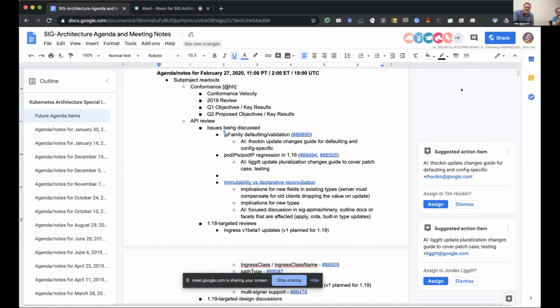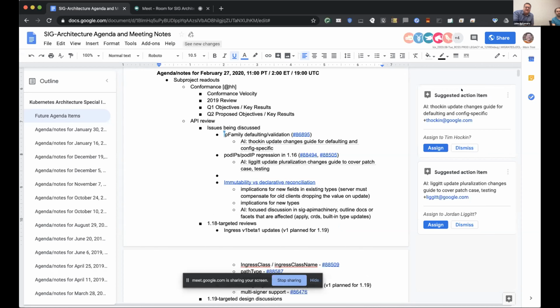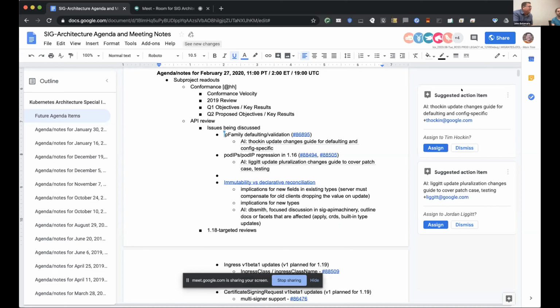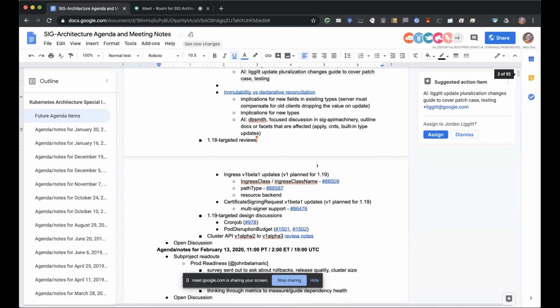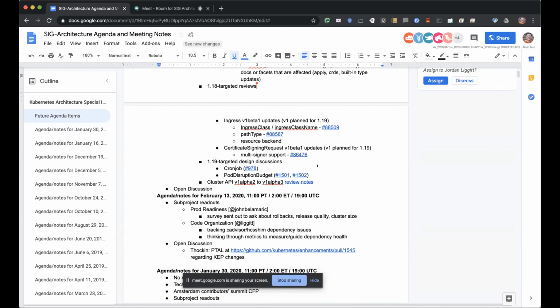So, okay, wow. Do we capture all those? And then Jordan, you're still up here. You've got some more on your agenda, it looks like. Yeah, the next section was specific reviews that are targeting 1.18. There are 2 APIs that are making progress in this release, and the plan is for them to be ready to promote to v1 in 1.19.